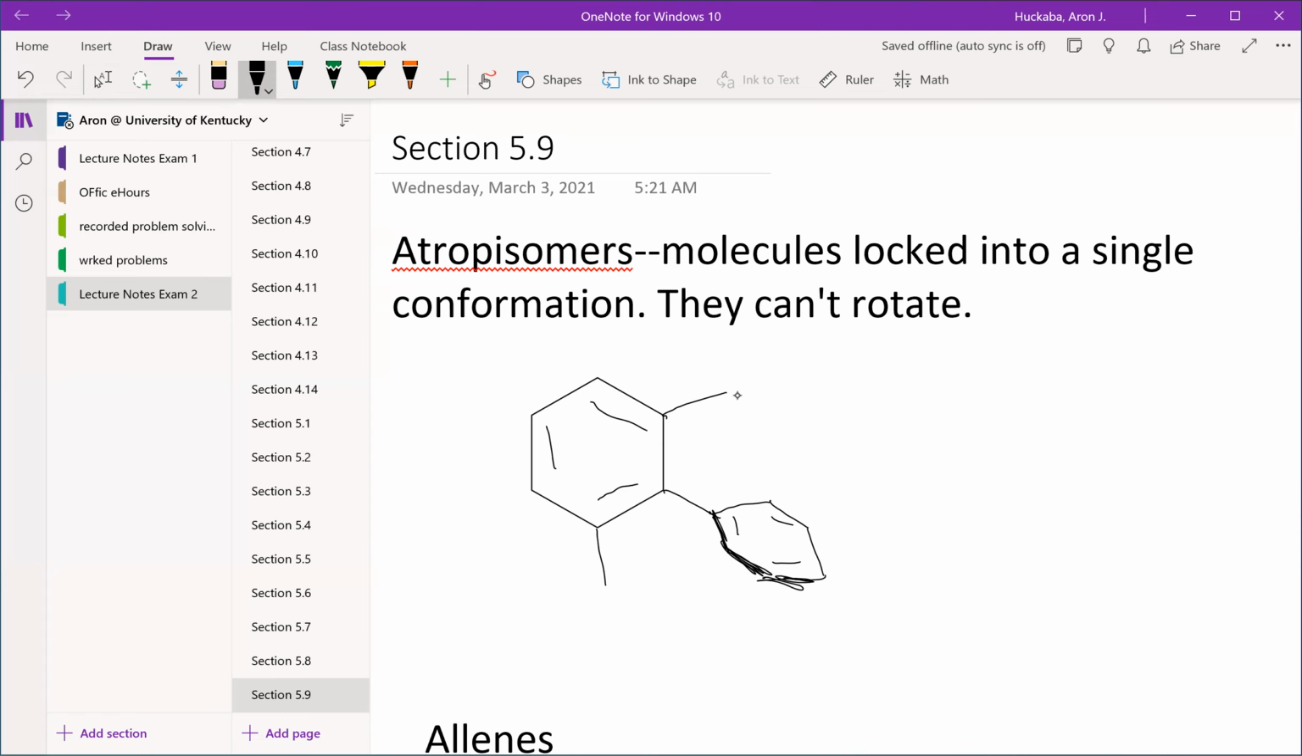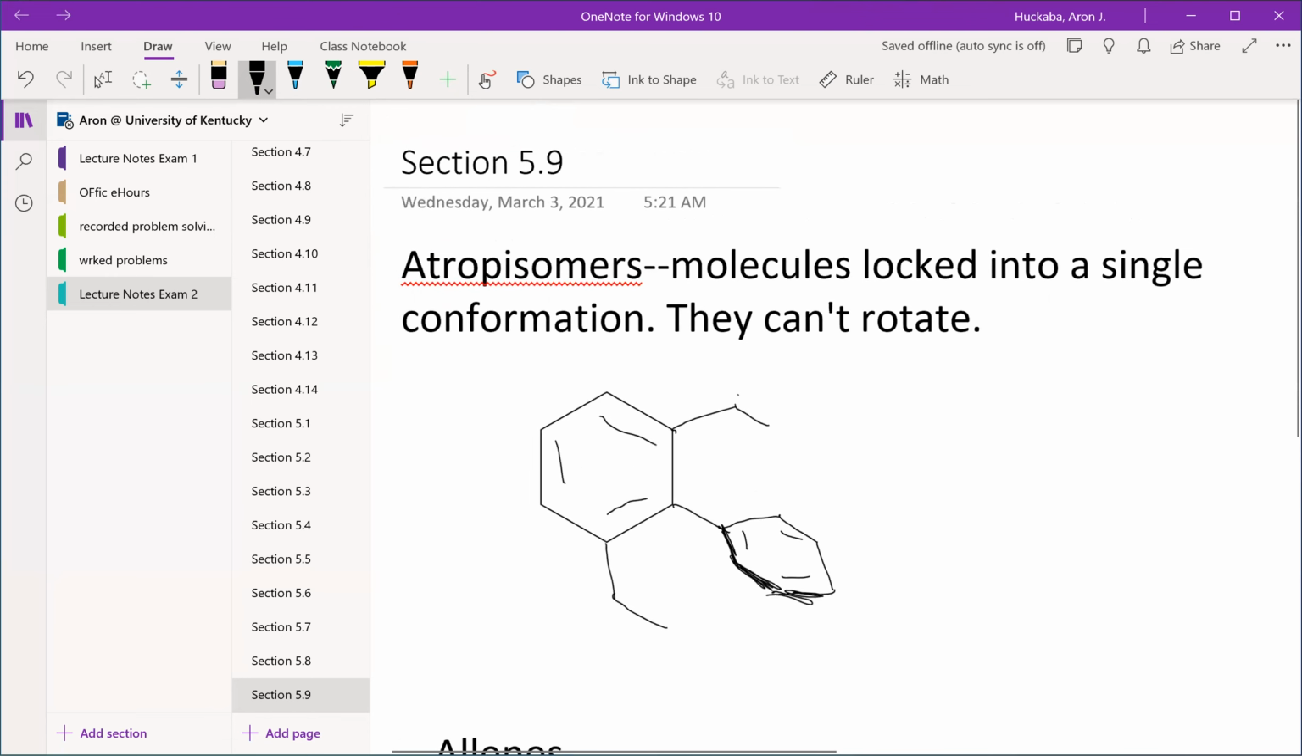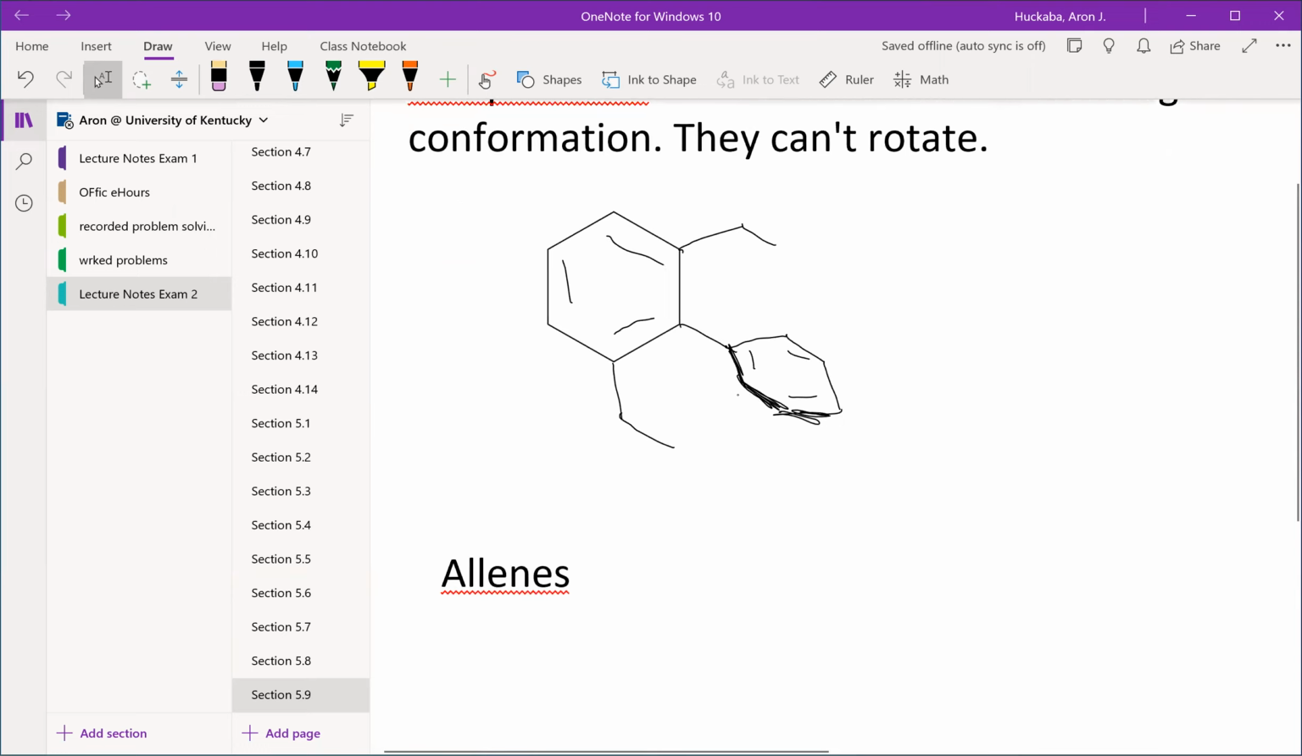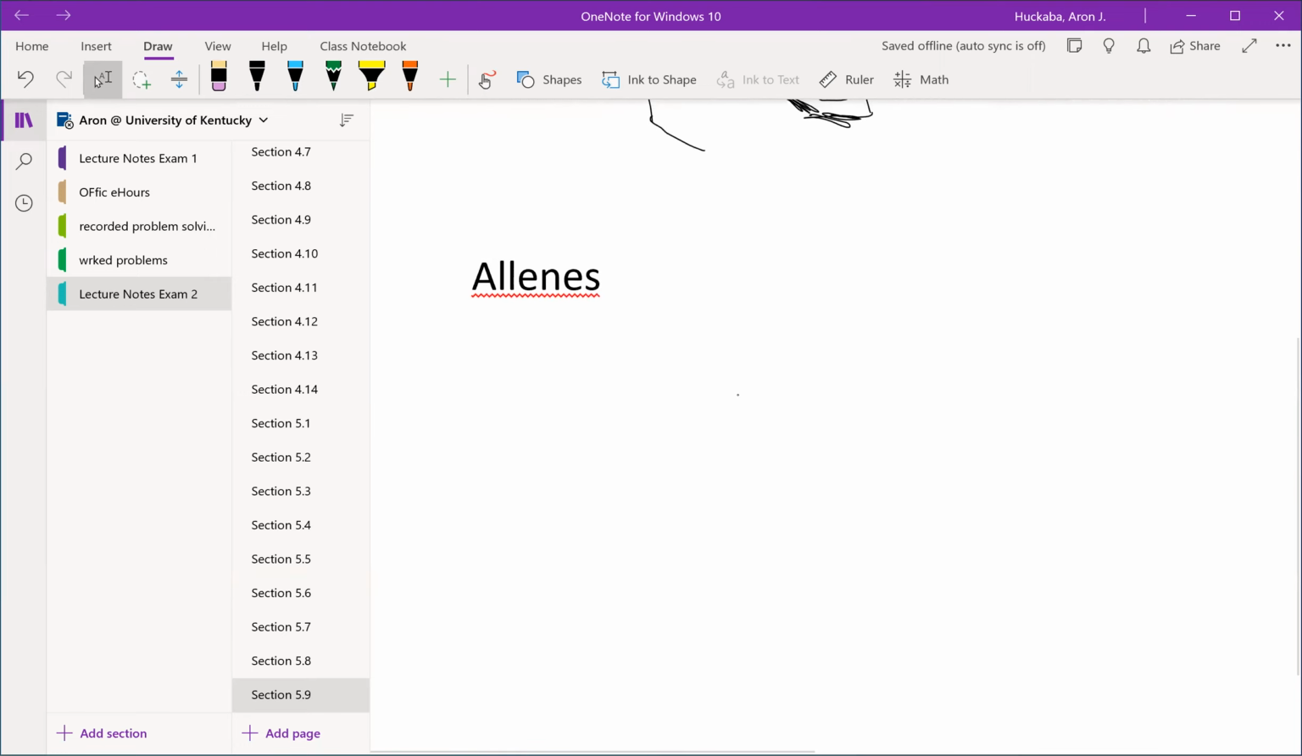And in fact, if these two things are big enough, then that benzene ring is said to not rotate at all. And so you can have chiral molecules based on these types of atropisomers, and you can separate them and get enantiomerically pure materials. Okay, another type of atropisomer are allenes, and they're a pretty weird type of compound,